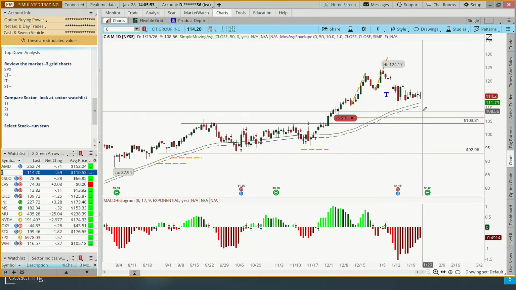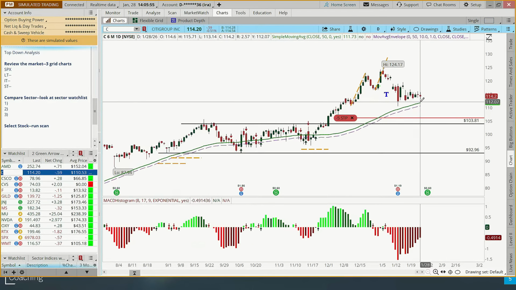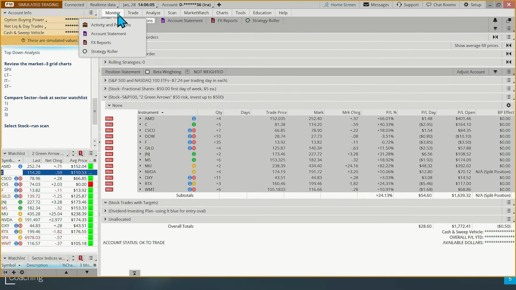Well, what if there was a way that I didn't have to look at all 14 or 20 or 15 or 60 or however many stocks you had? What if I didn't have to look at all of these symbols individually? What if I could just add something on my monitor page, like a column header here, that would tell me instantly whether the stock was above or below the moving average?